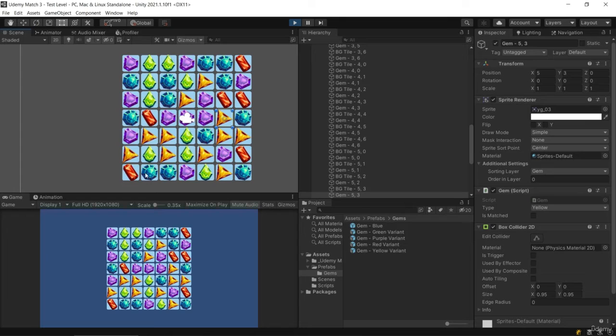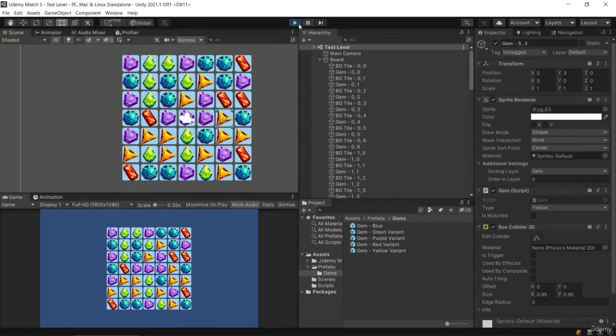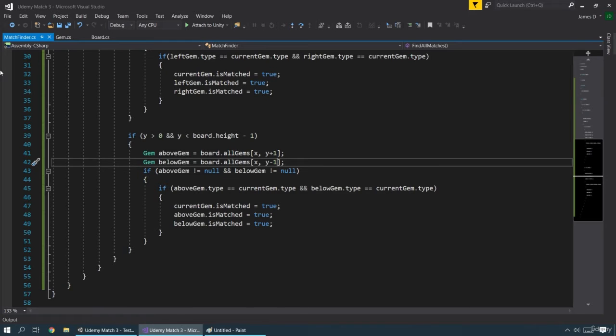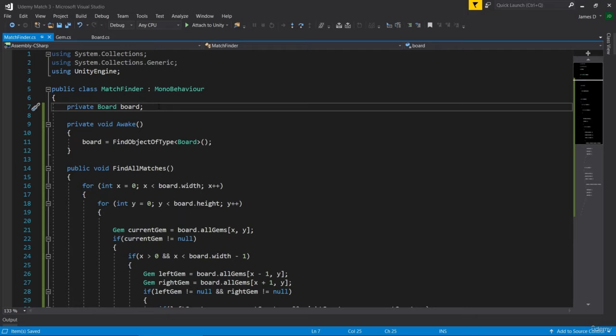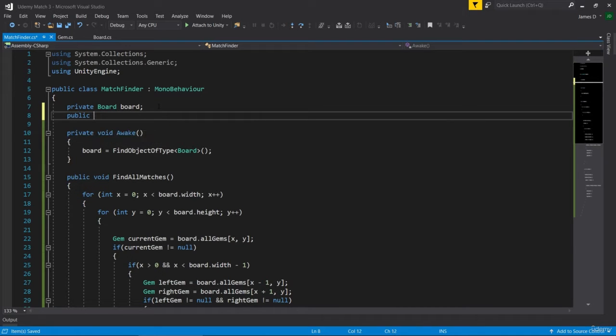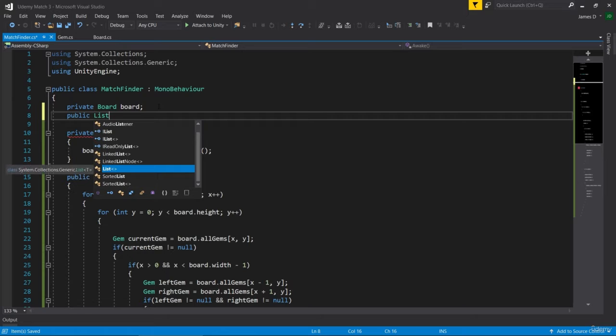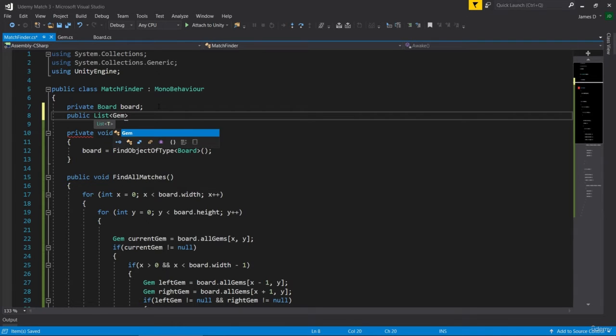That's very time consuming, because what we'd be doing is looping through, finding the matches, and then having to loop through again and deal with them. Instead, we're going to add them to a list that we can keep track of which gems have been marked as matched. So let's go back into our match finder script, and right at the top we're going to create a new variable. We're going to create a public list, and then in sharp brackets a list of gem that we're going to call current matches,